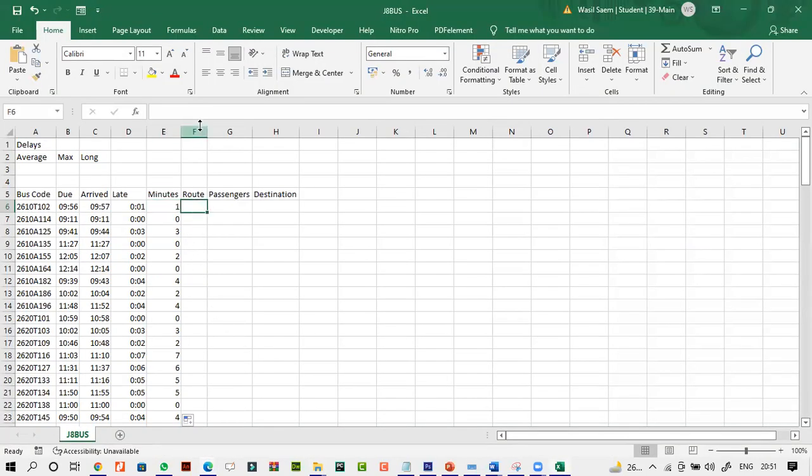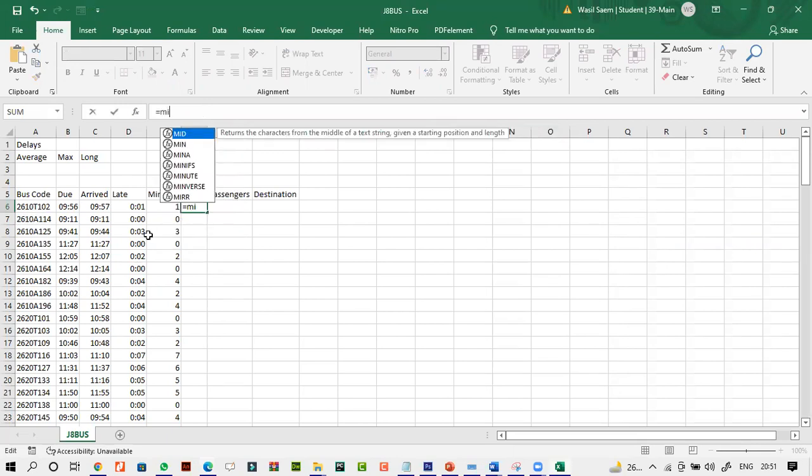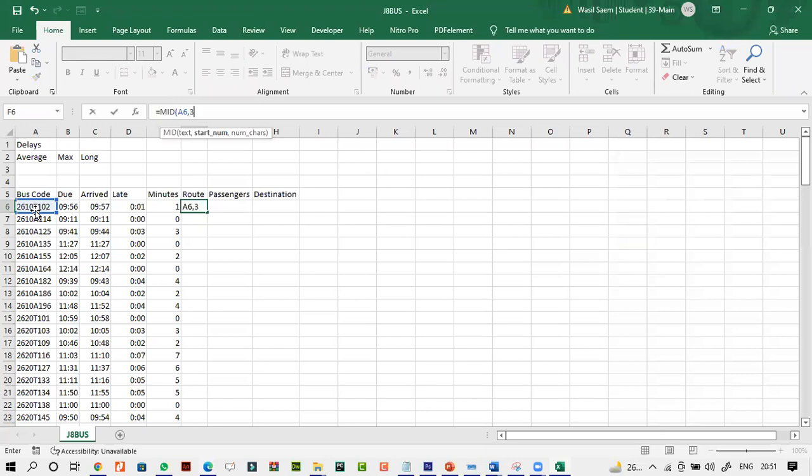So it's very simple. I need to extract the third character of the root code, which is 1, 2, 3, which is 1, 2. So I'll use MID. Remember we did MID? I want to extract from here, comma, the third character, comma 1, which means only